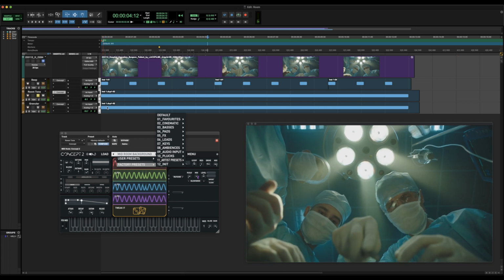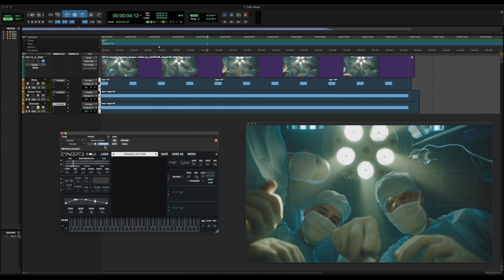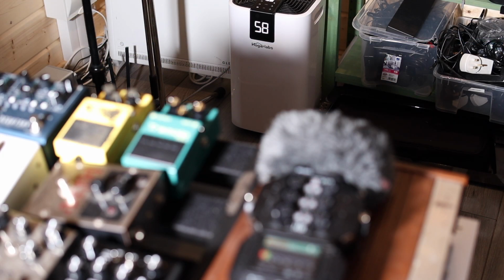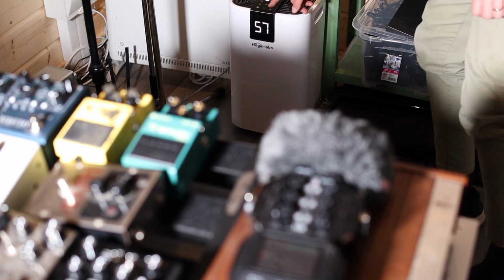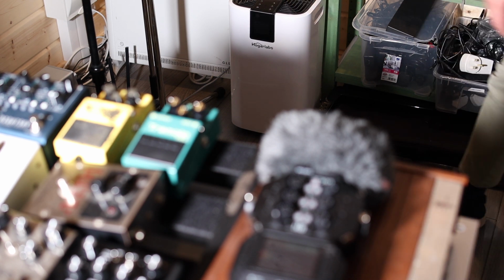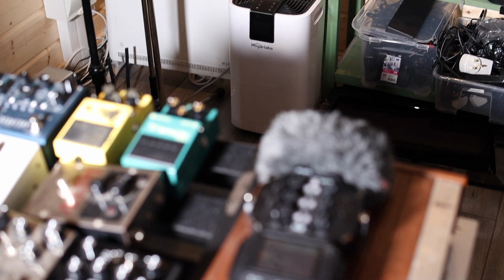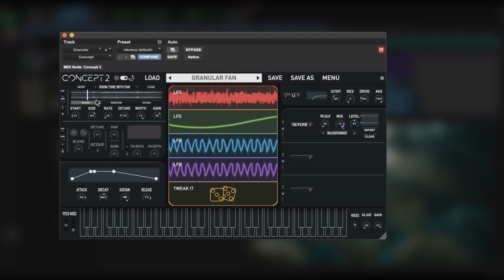And then just to add another layer, I wanted to use Concept's Granular Engine, which is really great to import your own samples in. I did a tiny bit of field recording in my studio room. I have a dehumidifier with a fan, which also makes a beep when you turn it on and then switch it off. I imported it, and you can clearly see here in the waveform there is 1 beep here